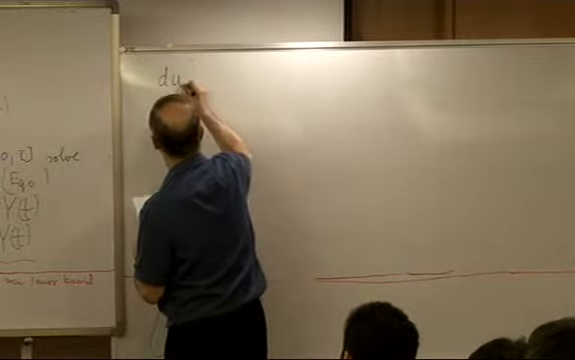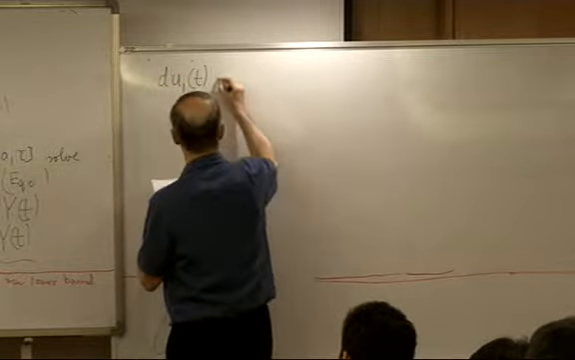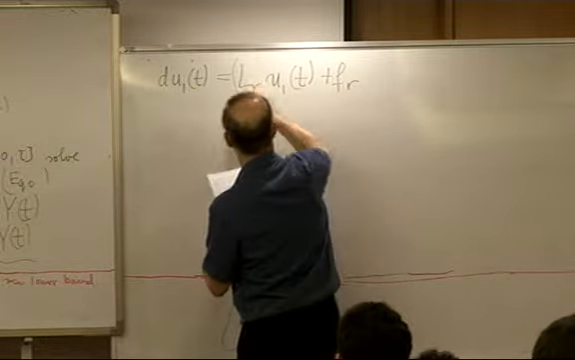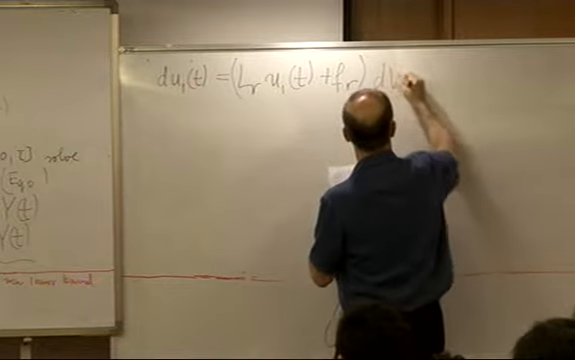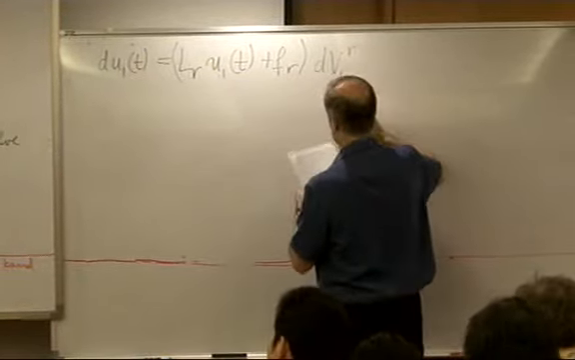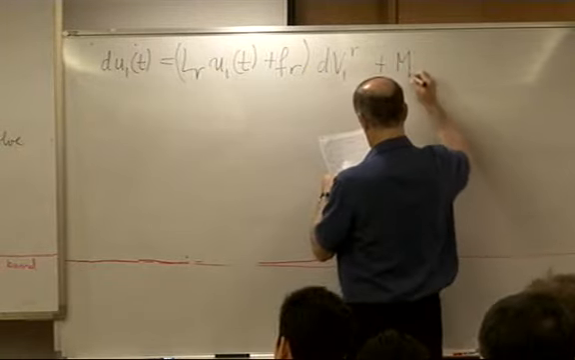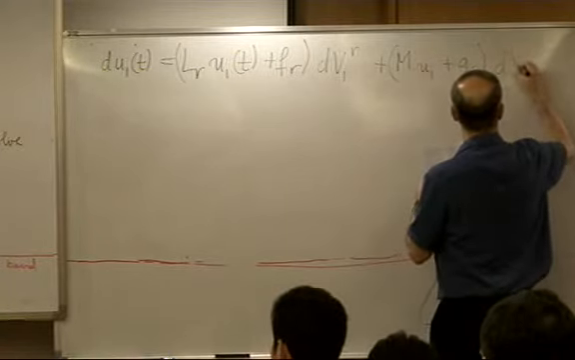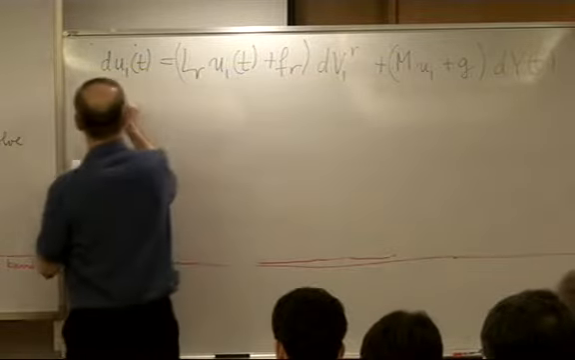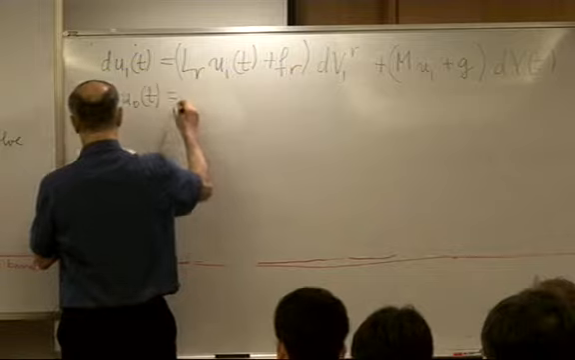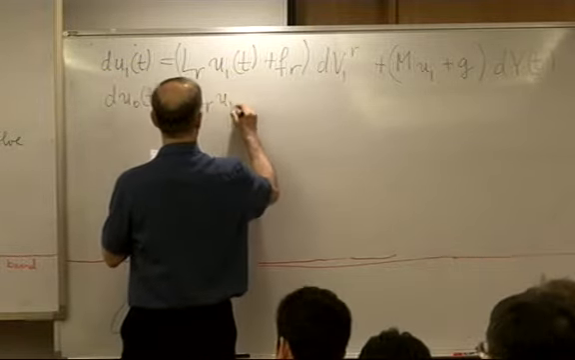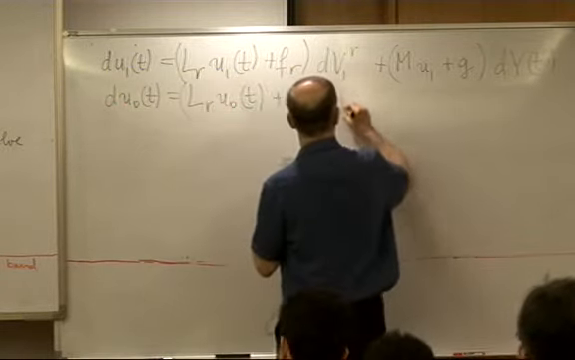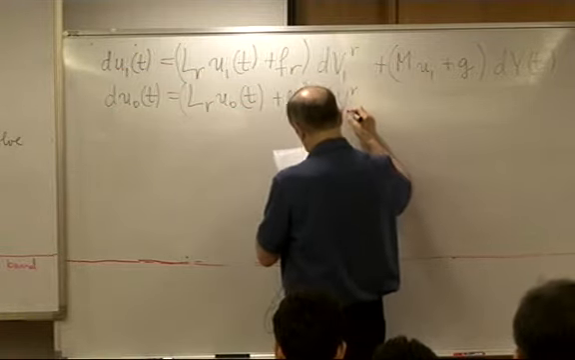So the dU1T is LR U1T plus FR dV1R, right, plus MU1 plus G dYT, and dU0T is similarly, but with U0T plus FR dVR and 1,